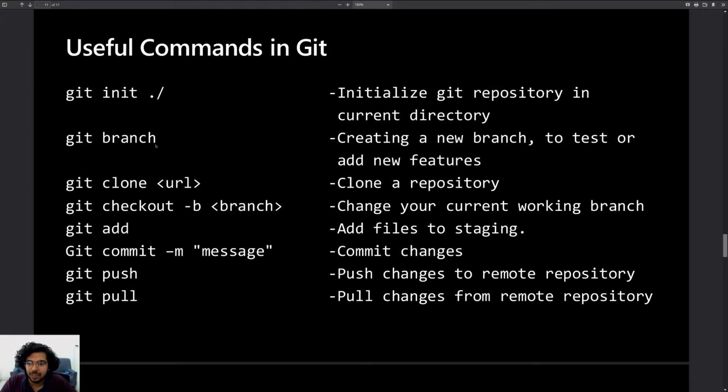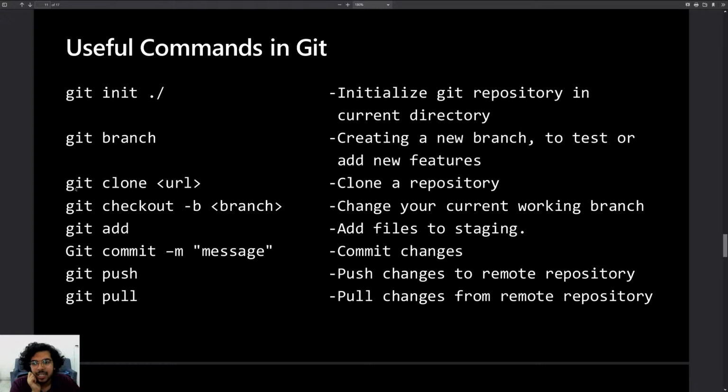If we write git branch dash b and a new branch name, it'll create a new branch. If we just type git branch dash a, dash a for all, you can see all of the existing branches currently in your project. I'll also demonstrate all of these commands in a minute, so we're just going through them once.